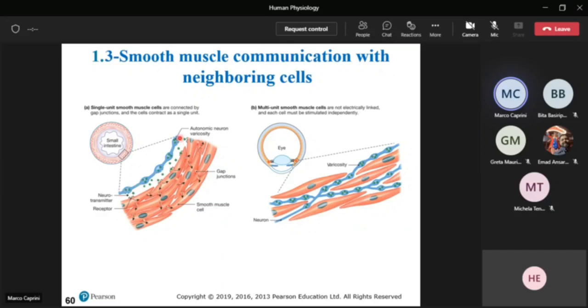This structure here, the autonomic neuron varicosity, because you remember perfectly from human anatomy that we have the efferent part of the nervous system, the peripheral part of the nervous system that is called sympathetic and parasympathetic component that innervate the smooth muscles, and the autonomic neuron varicosity releases the neurotransmitter, and the release of the neurotransmitter can produce the muscle contraction. What is the name of